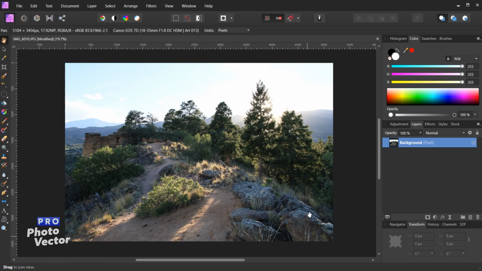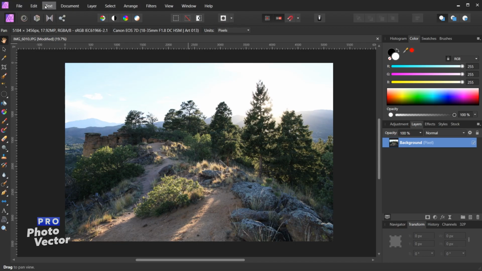Before I dive into a bit more detail about each layout area, I do want to mention a concept called the persona. So persona in Affinity Photo terminology is essentially a workspace. There are multiple personas you can choose from, and each persona is going to have its own settings, its own tools, its own menus. So basically everything inside of Affinity Photo is going to be dynamic, and it's going to be based on the persona you have selected. We'll get a bit more into that as this tutorial goes on, but let's start at the very top with